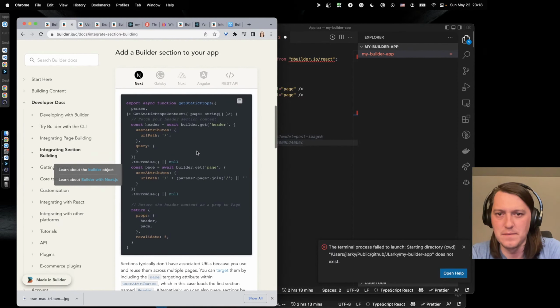So how do we really start? So let's start with some kind of dev command that is going to be like astro dev. And we need to install Astro.